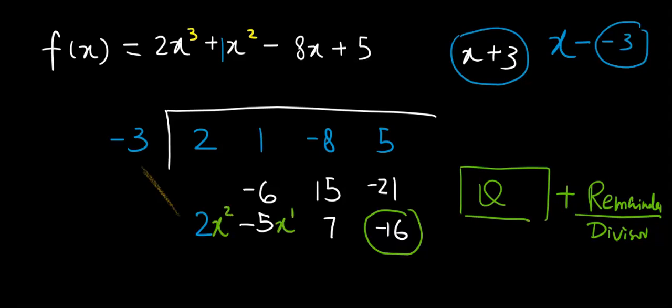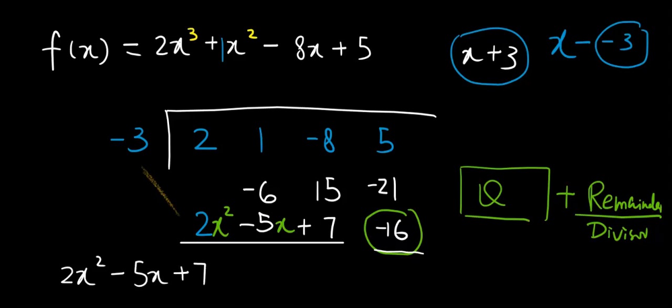Power 1, you don't have to write down 1. You know it's 1, so you just write down x. And then, since you have x to the second power, x to the first power, this 7 would be your constant. That is right. Now, you just got your quotient and you got your remainder. So we're going to write one last time. My answer is,